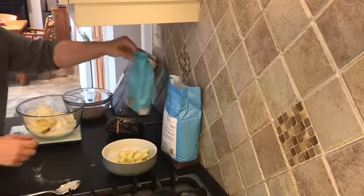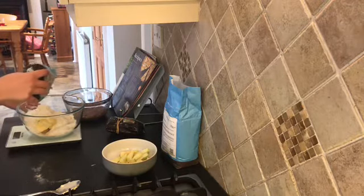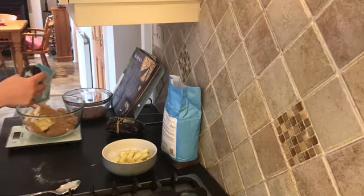I have 2 different varieties. You need 200 grams of, I didn't pre-weigh all these ingredients out because there's only so much I can pre-prepare, otherwise